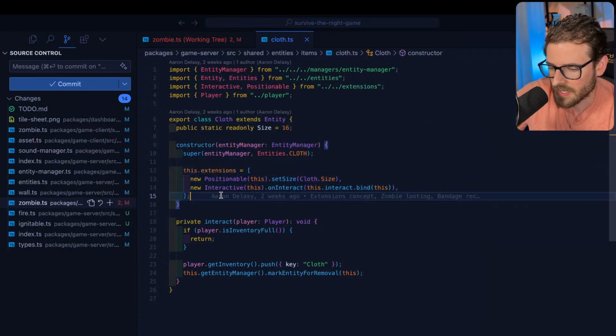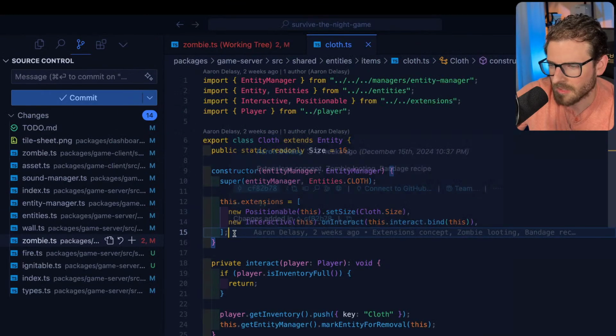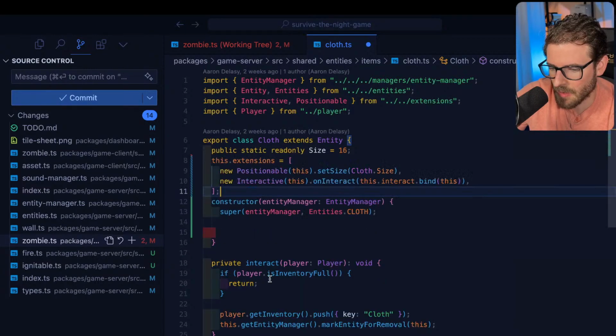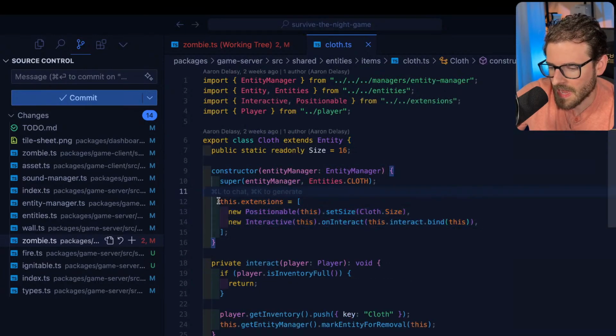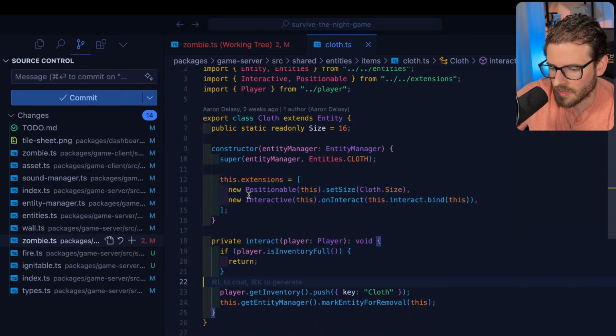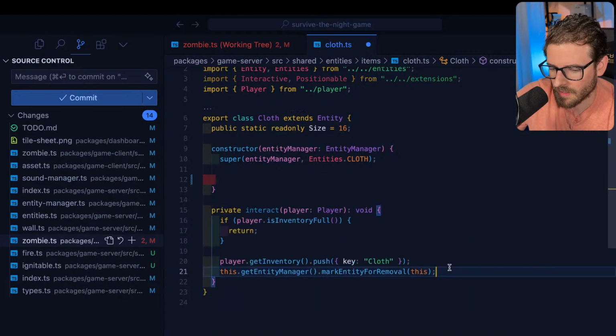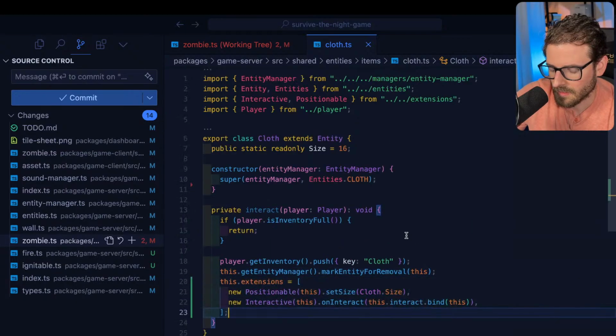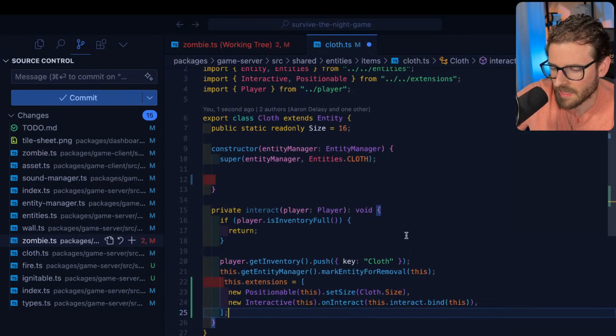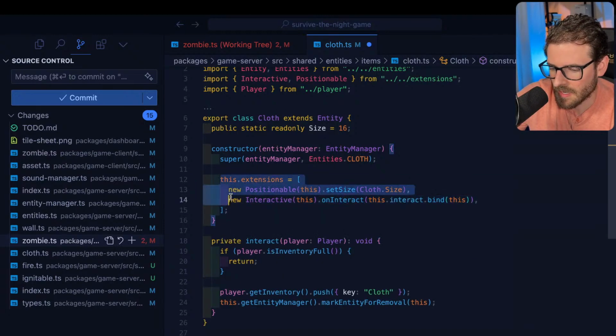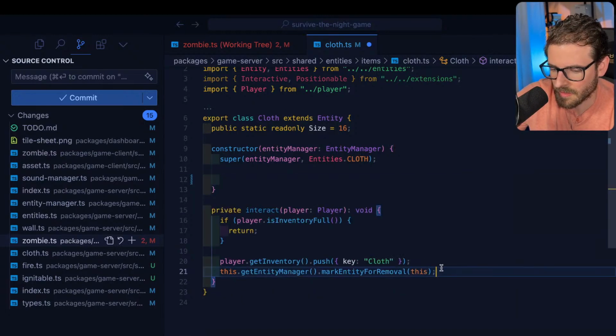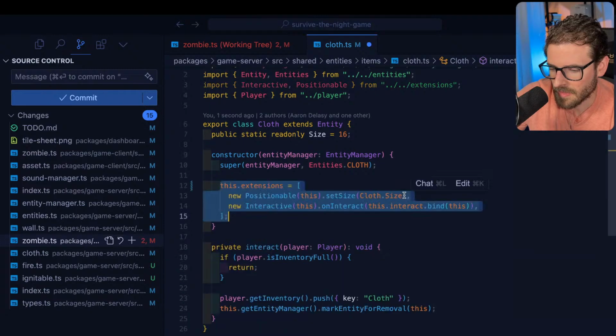I played a lot of RTS games like StarCraft, Red Alert. So I'm pretty good at using my cursor and trying to select exactly where I want. I don't think, you saw how fast it was. Let's say I want to move this extensions into another area. Okay, I messed up some, but you know what I'm saying? It just feels faster. Just be like, okay, I want to move this and I want to put it right there. That's it. In Neovim, I don't even know how you do this.